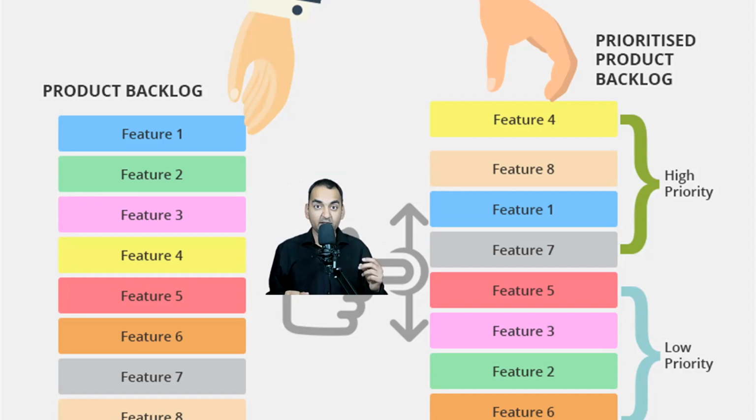Hello everyone, let's talk about product backlog today. Product backlog is a list of ordered items that the product owner maintains in order to give the maximum value to its customer. If you relook at our case study, the product backlog is a list of all the items that a product owner